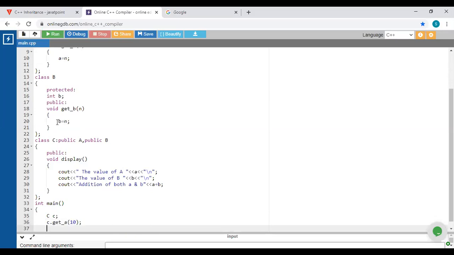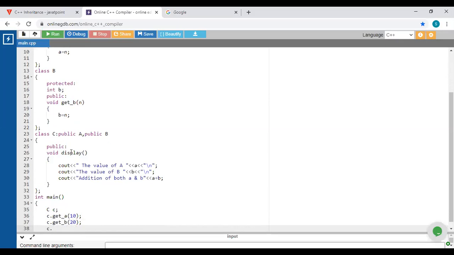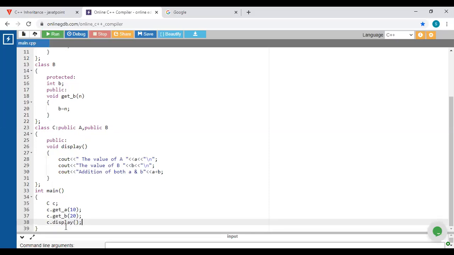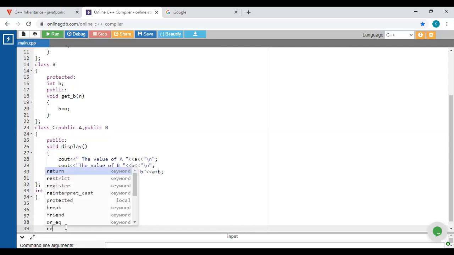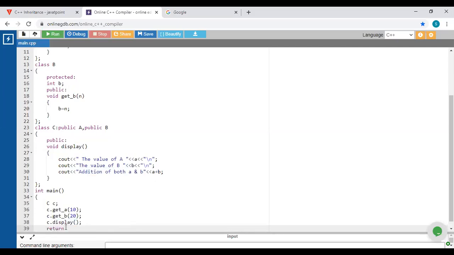Then again call the function which is available inside class B, that is get B(20). Next, call c.display. Call that method display. It will display the addition of both these numbers, and then use the last line, return 0.